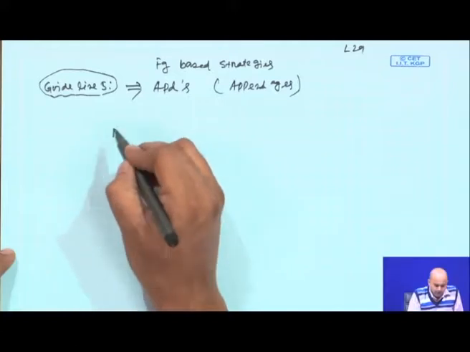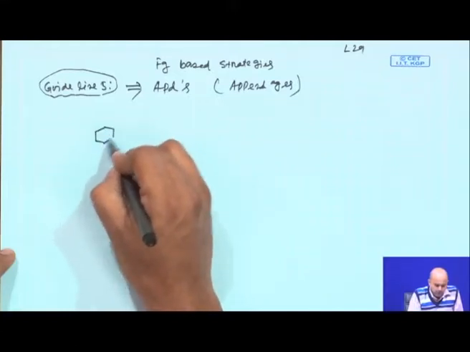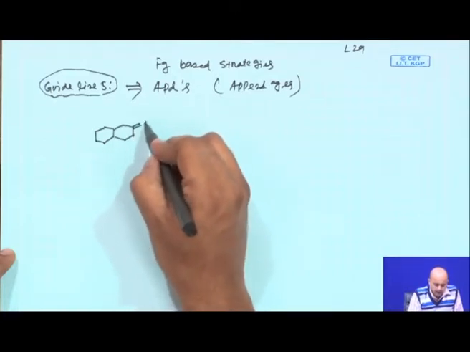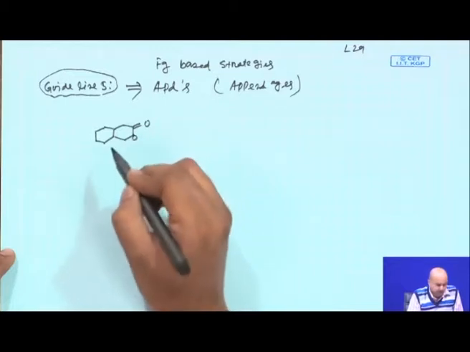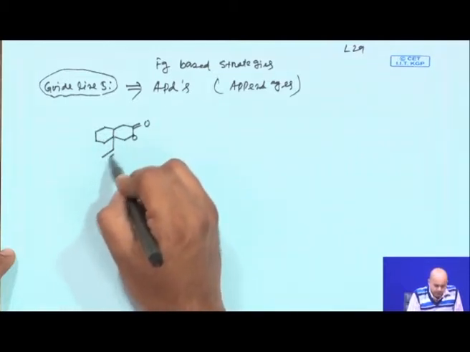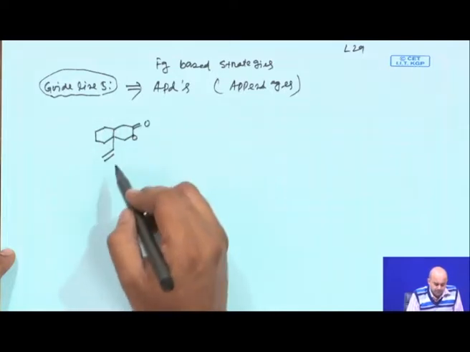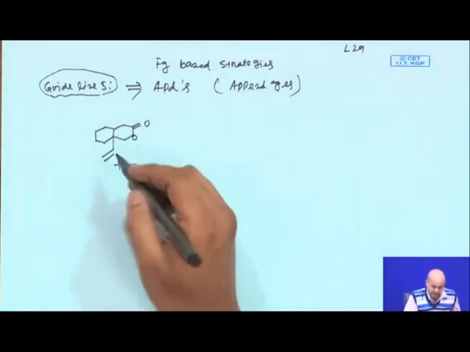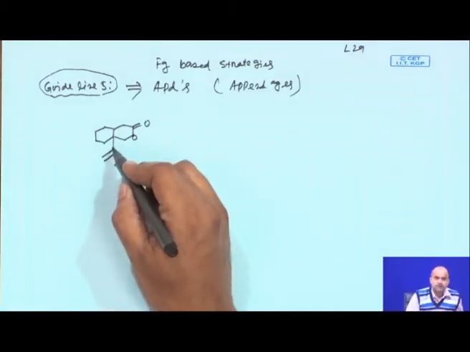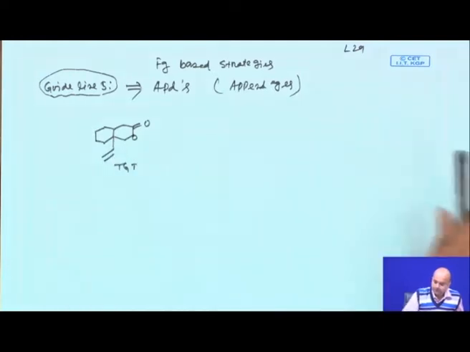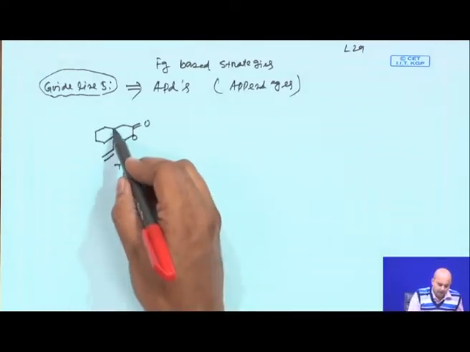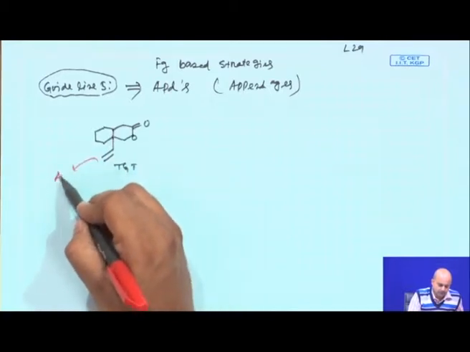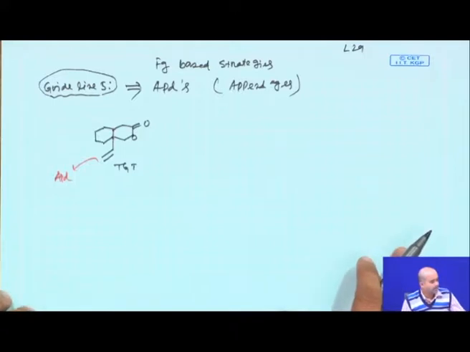Now, as obvious, we will be talking about some target molecule, and the target molecule which I am now drawing at the beginning has a bicyclic lactone structure. If you see the target, you will find it is a bicyclic lactone structure and has a vinyl appendage. We call this the vinyl appendage, which is hanging from this ring fusion. So, this is the appendage we are talking about. So, how to introduce this kind of appendage?